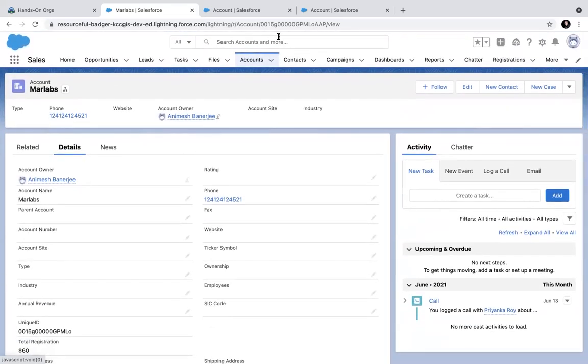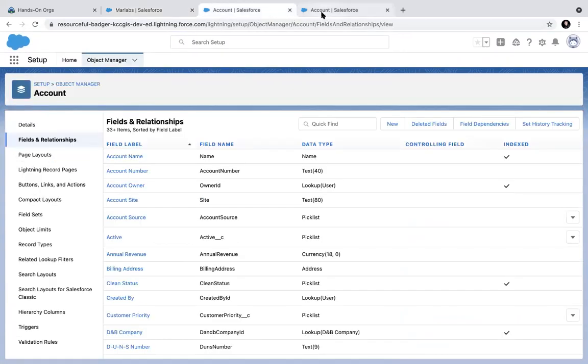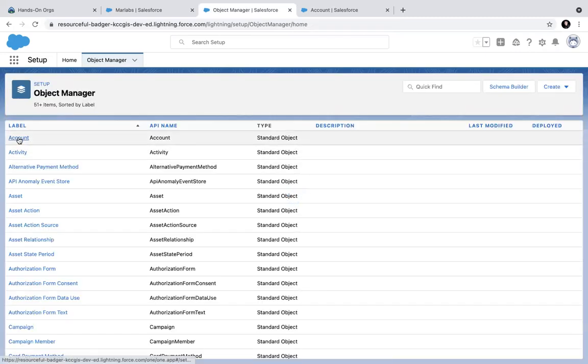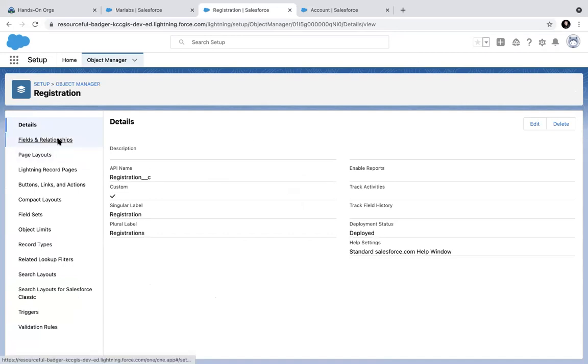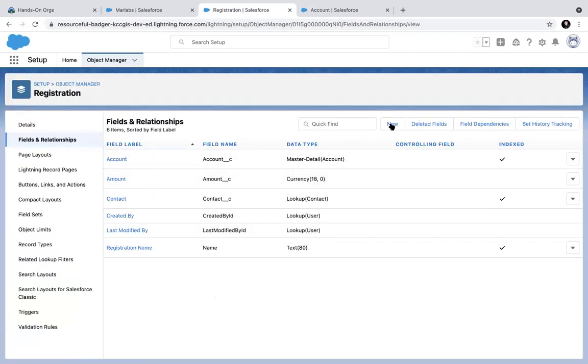So roll up summary, how is it working? Roll up summary is at the parent side. Roll up summary uses records and fields from the child side to do calculations. There are only four calculations possible: count, sum, min, max. So roll up summary is only parent side, but there is another field called formula field, which we just created a little while ago, right? Formula field can be created on both parent side and child side, any object, basically.